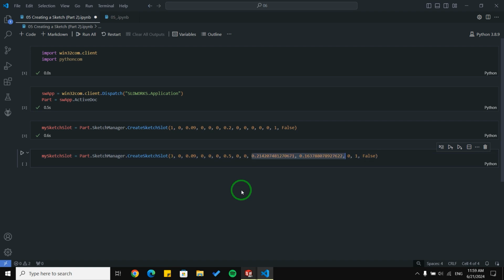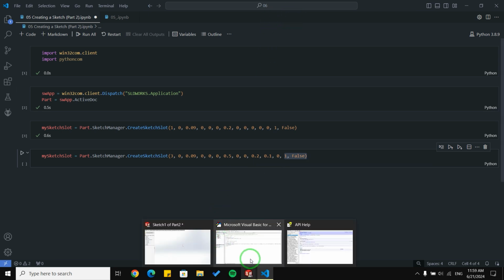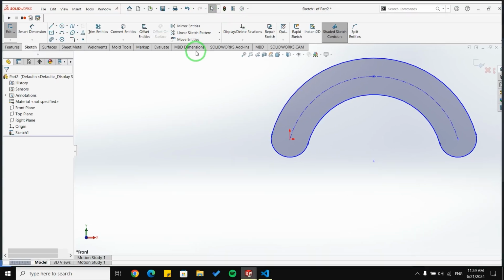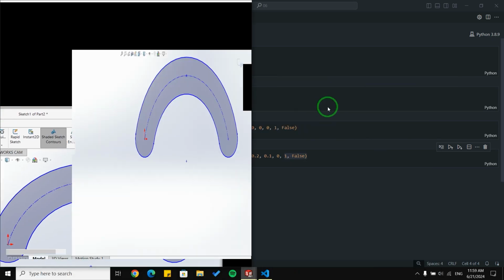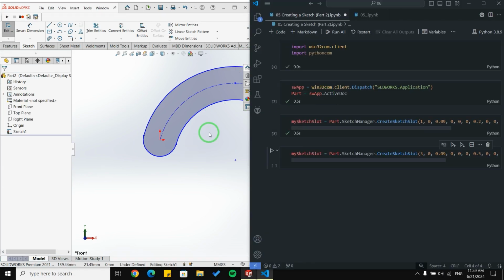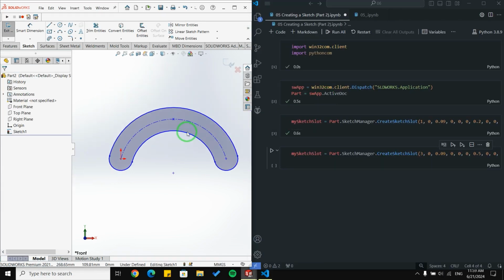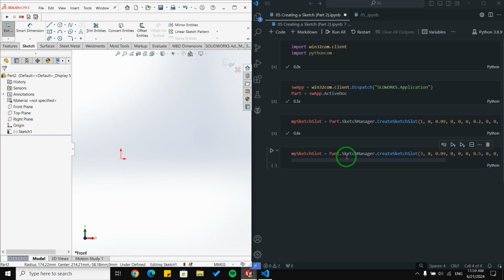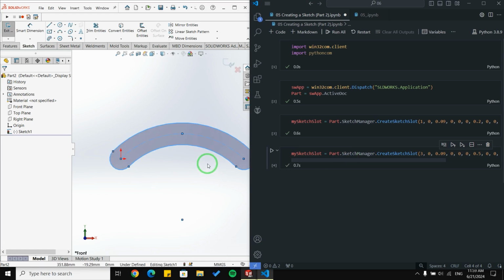And for the third point, I'm going to edit this one. And for the two last, I'm not going to change them. So let me rearrange my SolidWorks for another time. Okay. First, I'm going to delete this sketch, run this block of code.